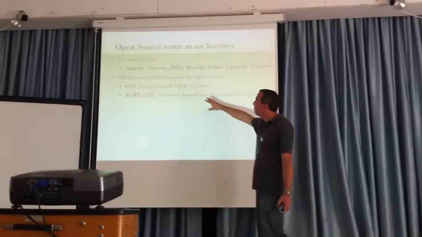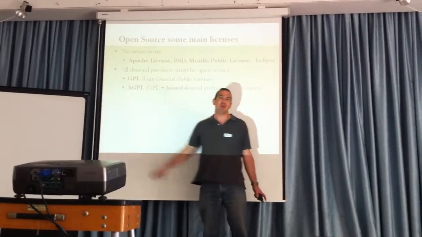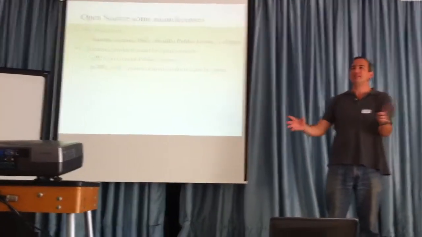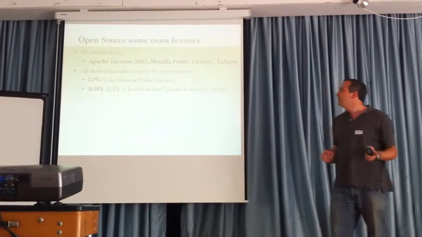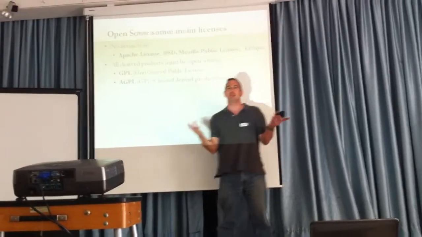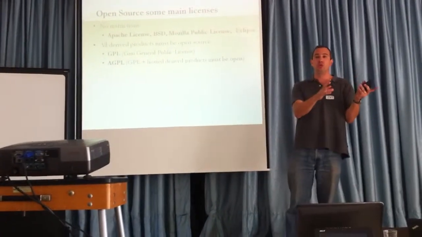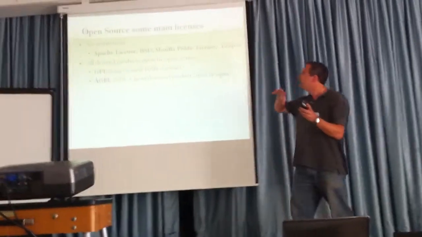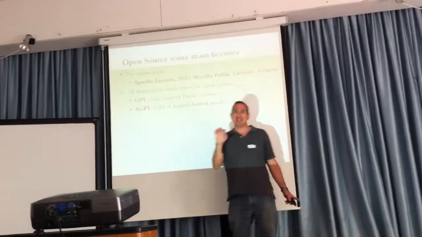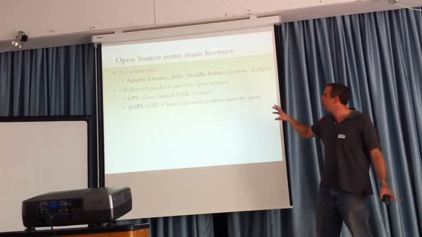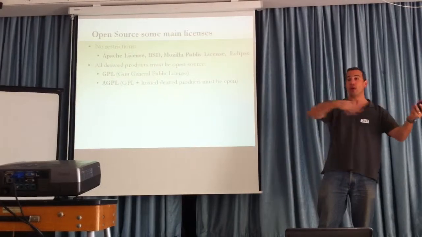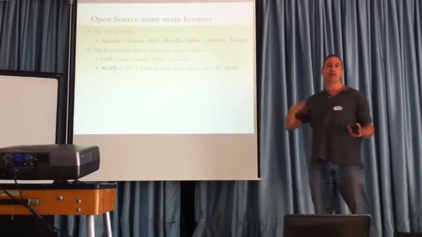GPL and AGPL. GPL is the most famous license, which says this product is open source, and if you build something out of it, that must be open source as well. One of the challenges for GPL is that you could take a GPL program and turn it into something and then host it. So you can't give out the source code for money, but you can host the source code. And AGPL fixes that loophole. So if you license your software under AGPL, and I take it and change it, and then put it on my website as a hosted service, I must make my source code available.